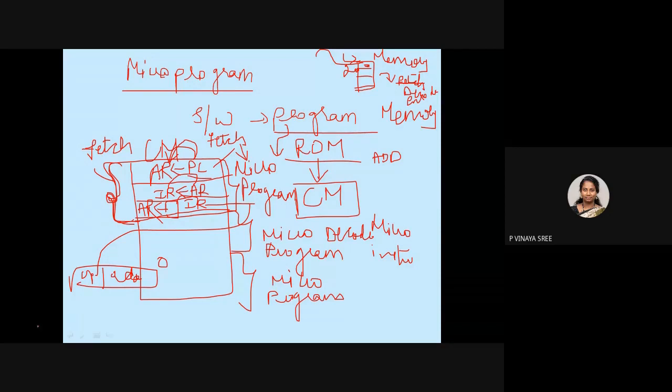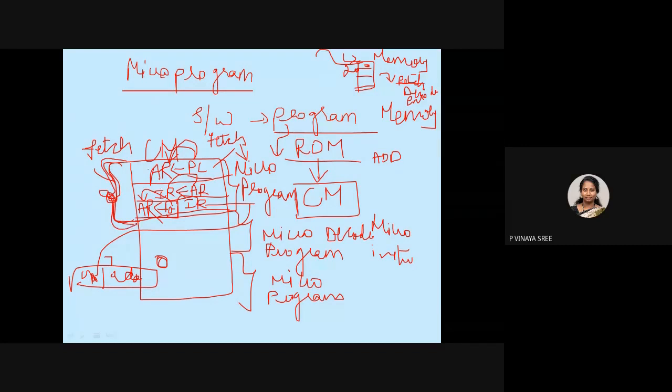We have studied the instruction format: an opcode and an address. So bits 0 to 7 we place in the address register. These are some processes we are not concentrating on; they are considered micro instructions, and this entire thing is called a micro operation.